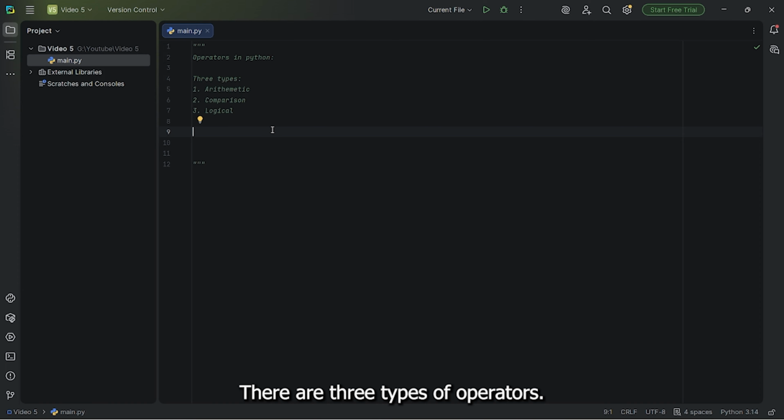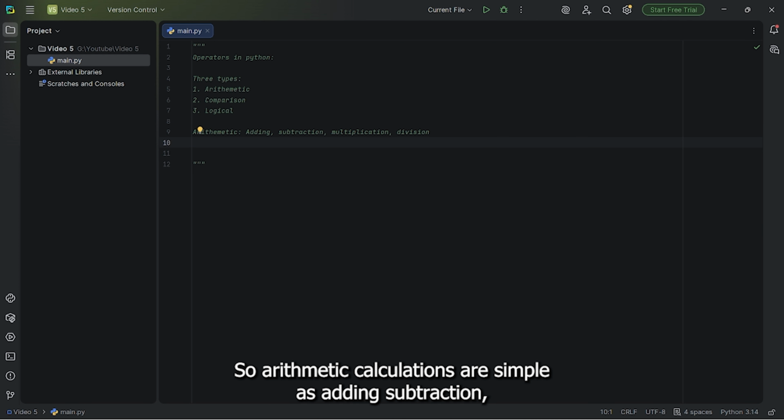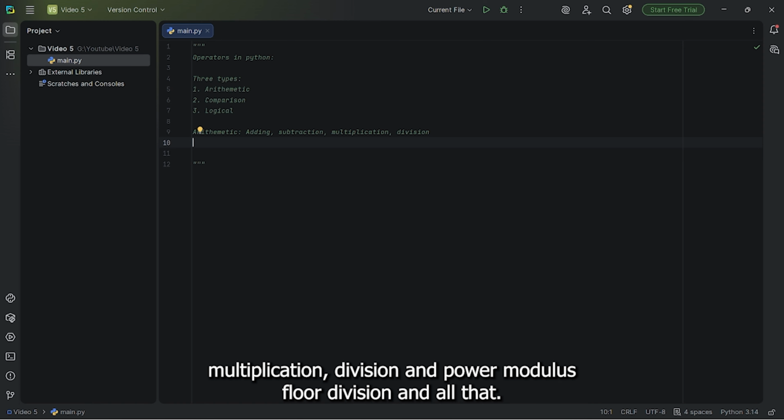There are three types of operators. Generally, we have more. We are going to talk about them later. But for now, we have three basic types of operators: arithmetic, comparison, and logical. So starting with arithmetic. Arithmetic calculations are simple as adding, subtraction, multiplication, division, and power, modulus, floor division, and